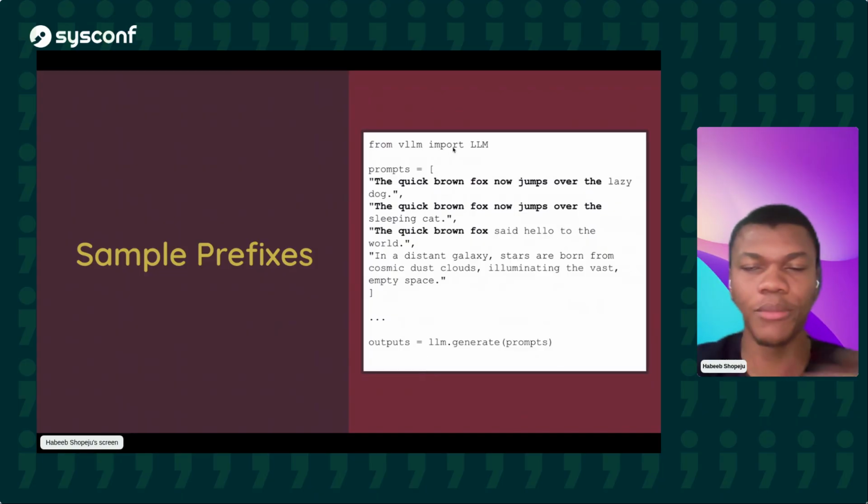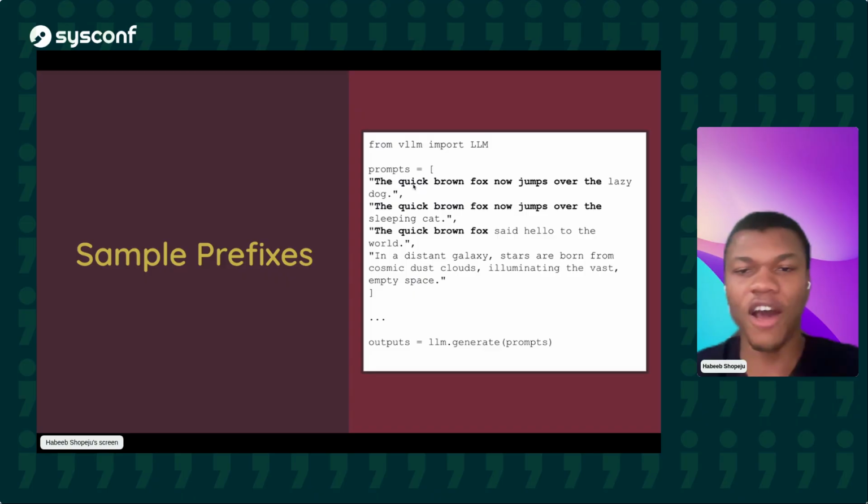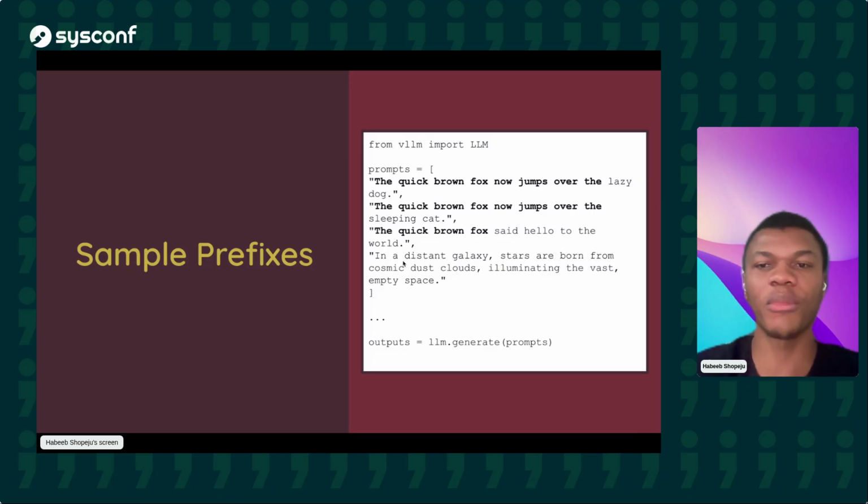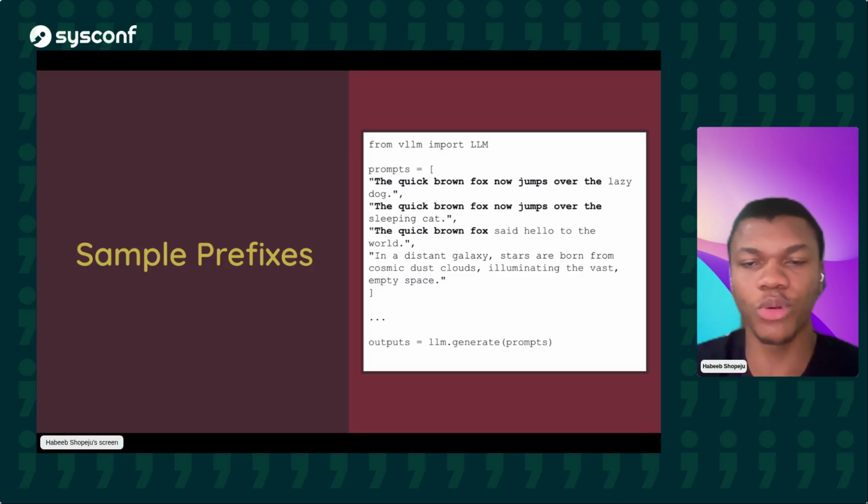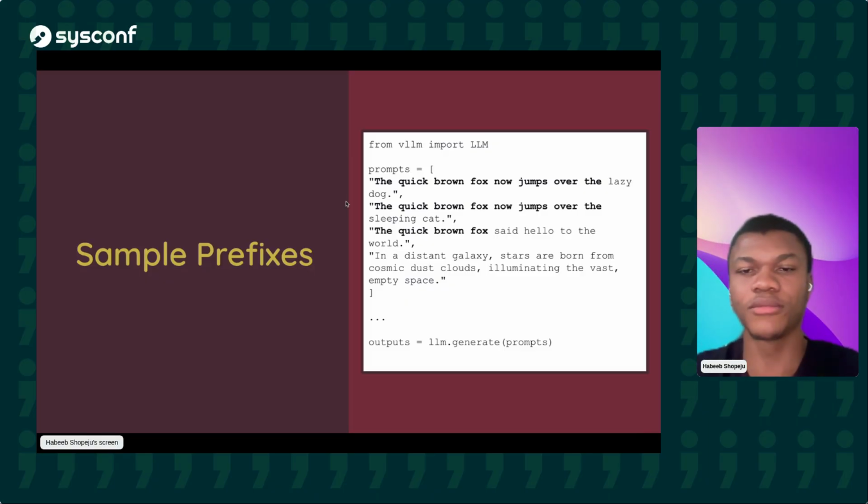Let's say this is via vLLM, which is one of my favorites, and you have 4 prompts, which say: the quick brown fox now jumps over the lazy dog, the quick brown fox now jumps over the sleeping cat, and so on and so forth. The first 2 are sharing the same prefix up until this point. The third one here is only sharing parts. The last one is not sharing any. But then if you imagine that we have the tokens here, which essentially would be the word count. It doesn't exactly translate directly to tokens, but it just helps with the analysis, or analogy rather. So let's say we have about 4 tokens per page.